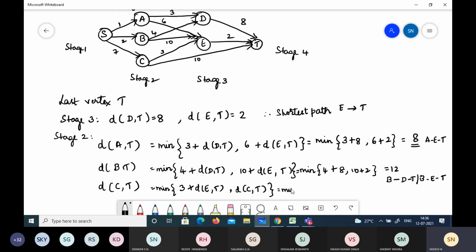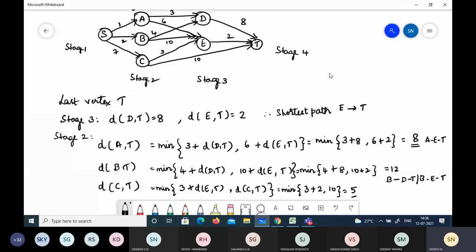So minimum of 3 plus E to T, which is 2, comma, C to T, which is 10. So what is the minimum distance? What's the minimum value? 5. Okay.